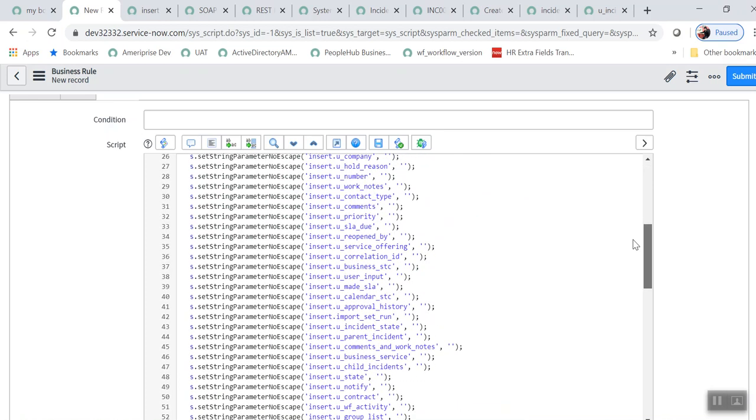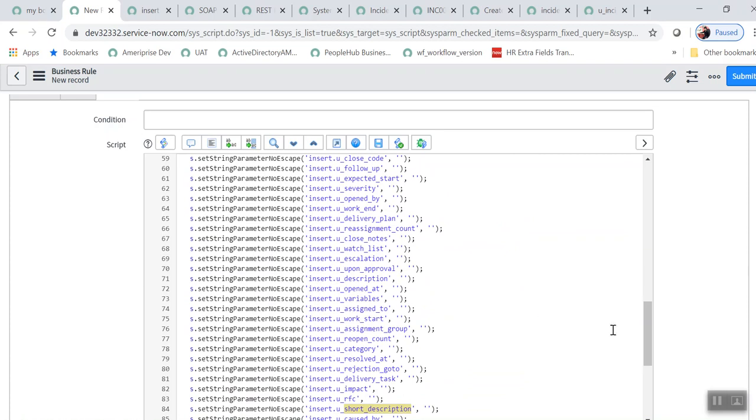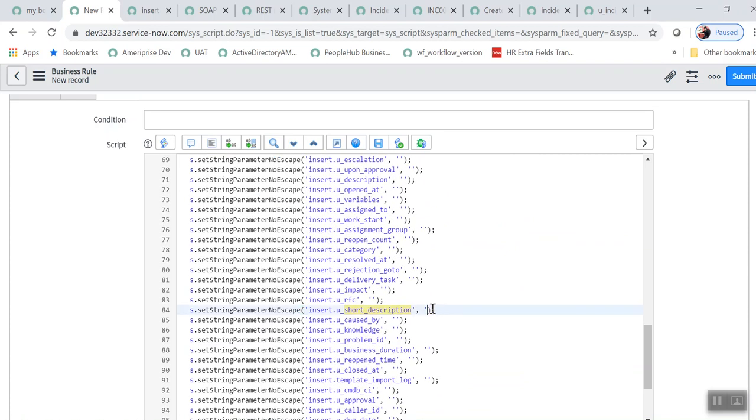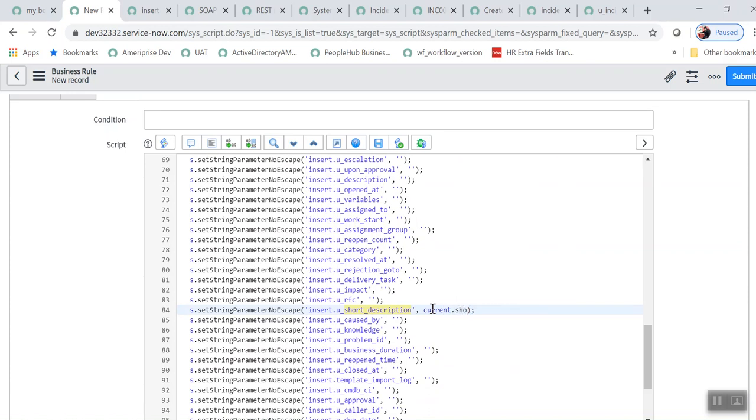How we will make it dynamic is, suppose we need to send the short description. We will search for short description and change it here to current.short_description.